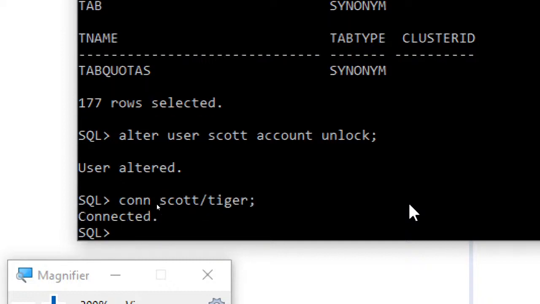For me it is directly connected, but for you, you might be getting it for the very first time. When you are doing the unlock for the very first time, it will ask that the password is expired, do you like to set a new password, and it will ask you to enter the password twice, that is the password and the confirmation password. Twice you are going to give the same password, and then you can use this statement conn Scott